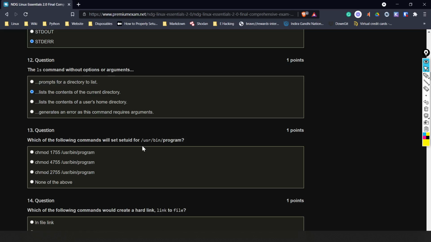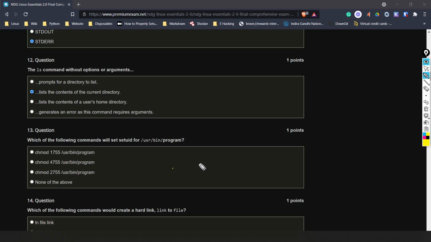Which one command will set the UID for this? Okay, so we have to set up the UID. What we need to do is, the user ID will be 4. What I mean by this is read, write, s. Okay, so that's the UID for the user. That's how it looks. So RWS. It just defines who is the owner and everything. So in order to set that, it's 4, and then what kind of permissions do you want to give? So it's